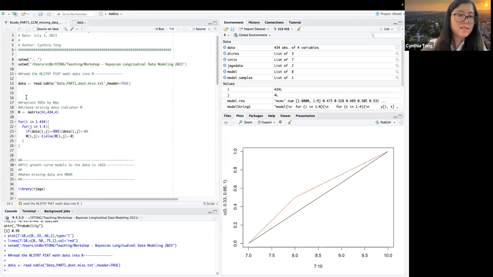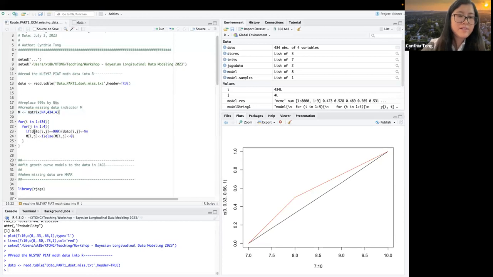Now we actually need to create a missing data indicator. Okay, because in the model part, we have to model this missing data indicator. The missing data indicator has the same dimension as your data. So our data have 434 rows and 4 columns. So now I'm creating a missing data indicator M as a matrix with 434 rows and 4 columns.